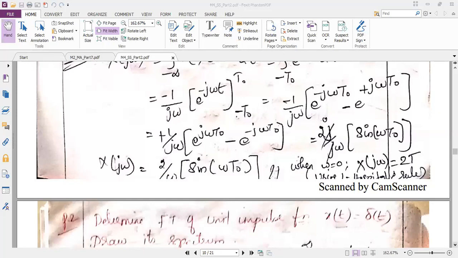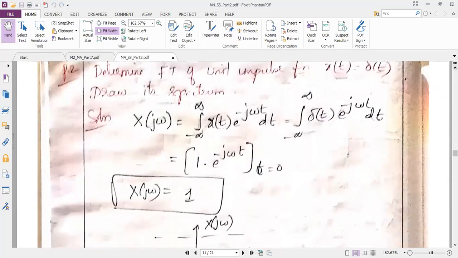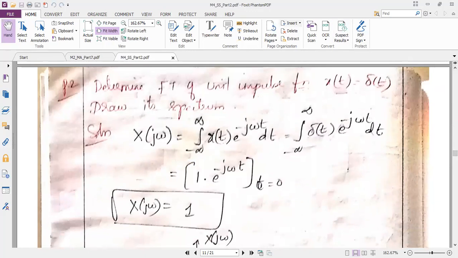Okay, now it is not that the other problems which are written in the notes are not important. Referring to everything only, I have made the notes. I have prepared the notes. So x of t, if it is equal to delta of t, no. Though it is a simple term, people get confused. So I want you to solve this problem.